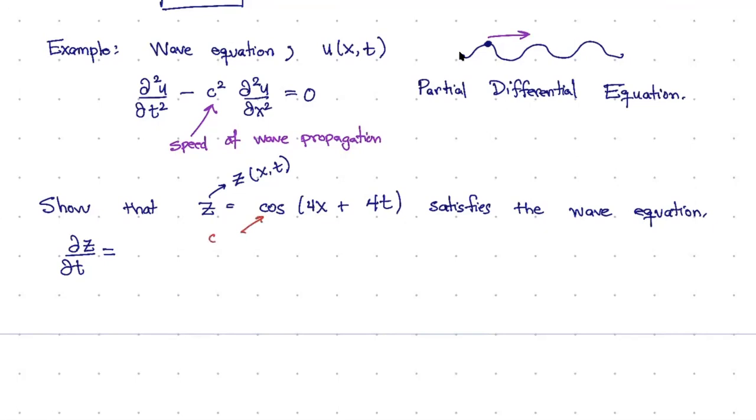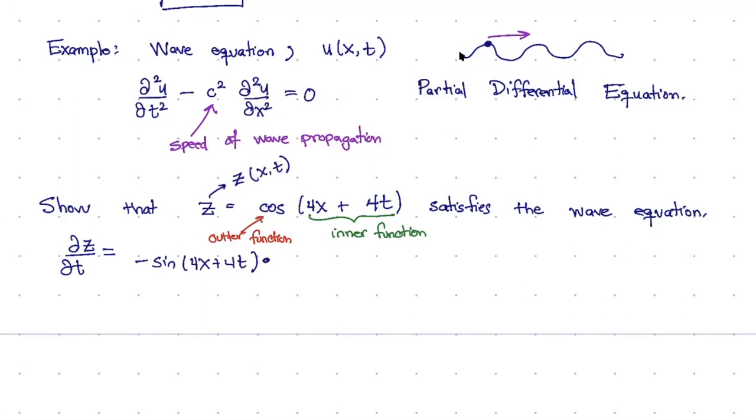So this is the outer function, and this is the inner function. And you take the derivative of each individually. So the derivative of the outer function, applying chain rule, would be negative sine of 4x plus 4t